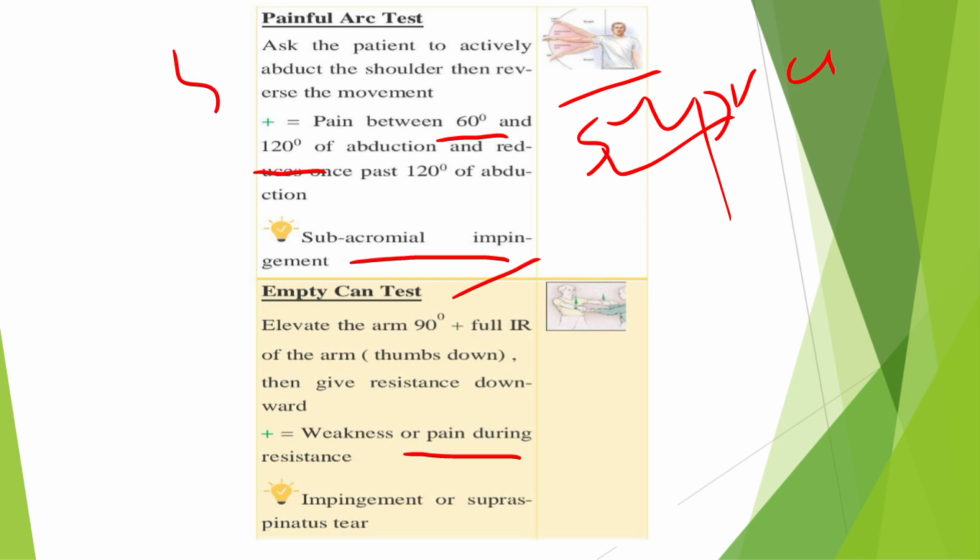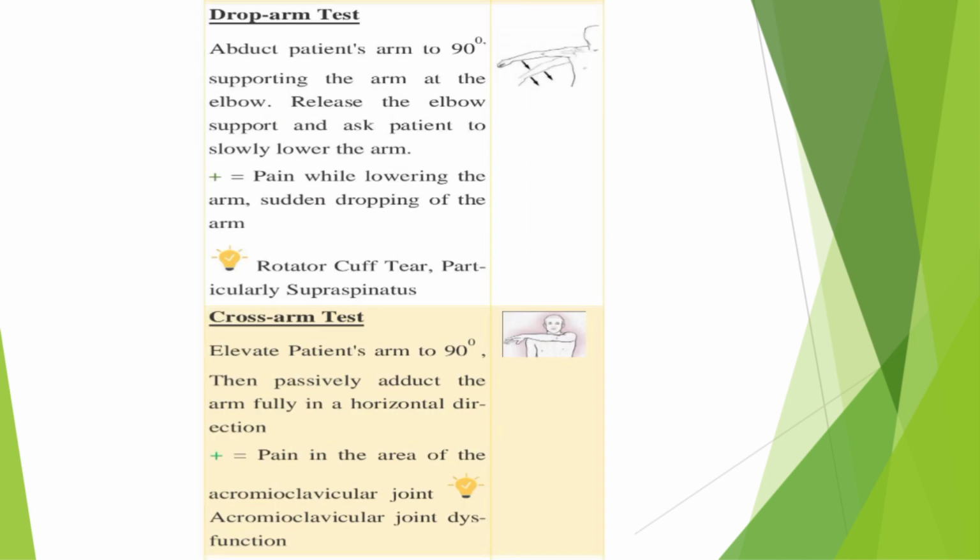This is the fourth test, the painful arc test and the empty can test, and both are for supraspinatus tear or impingement. And the next, the drop arm test. This test is also for the supraspinatus because the patient abducts